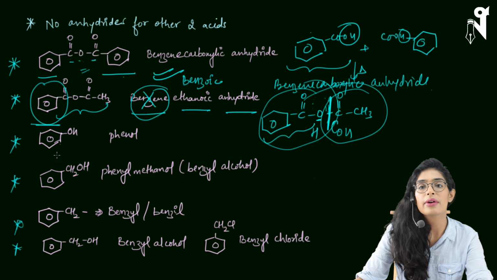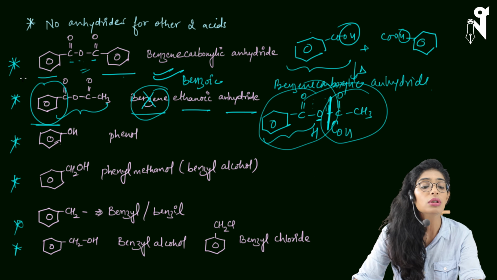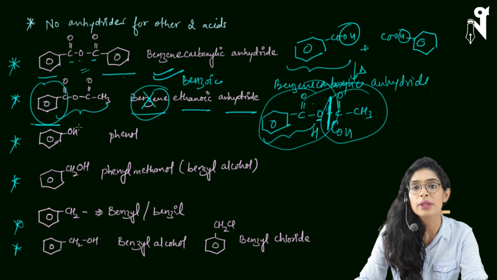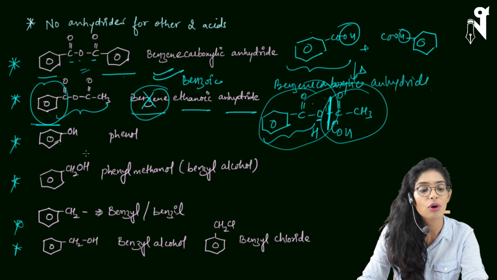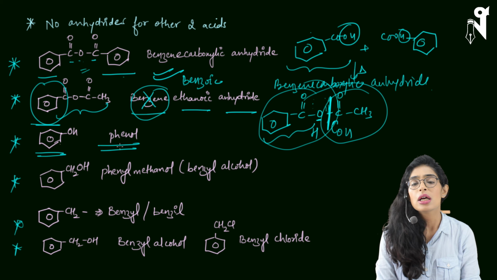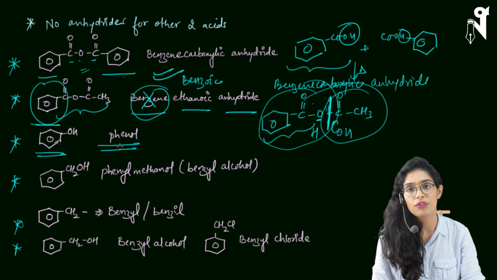Okay. Now, this is about anhydrides. I hope you have got how to name anhydrides in the case of benzene also. Next, let's talk about the alcohols of benzene, or phenols, to be honest. So if benzene has an OH group, then it is called phenol. That's the name. You can call it an IUPAC name or a common name, but that's the single name for benzene with OH. It doesn't have any other name. We call benzene with OH phenol.